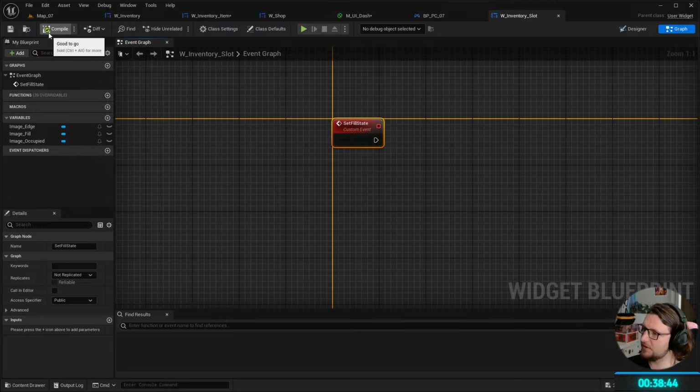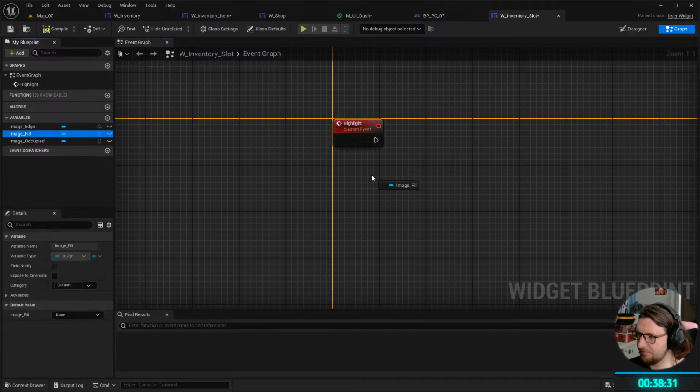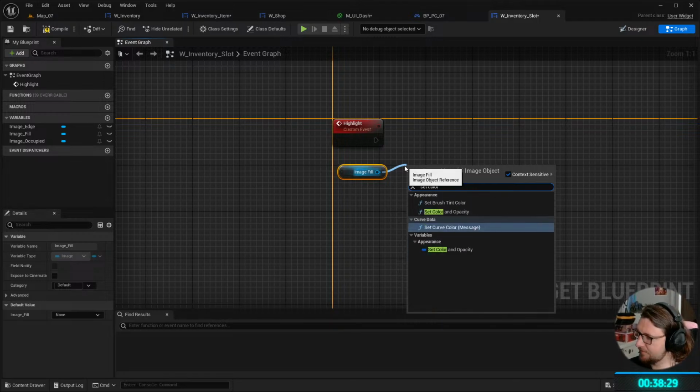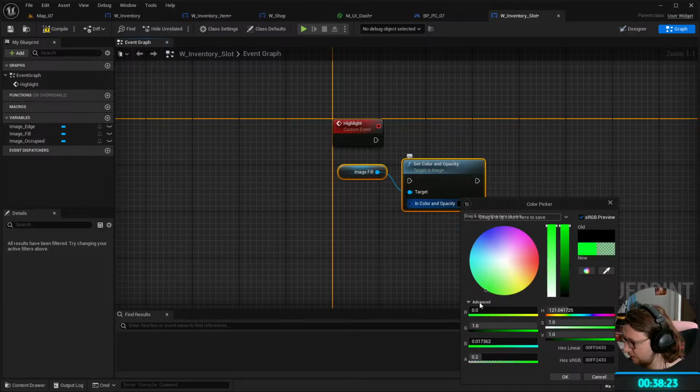How are we going to do it? We'll just call it highlight me. Highlight me. Set color and opacity to 0.2 green,